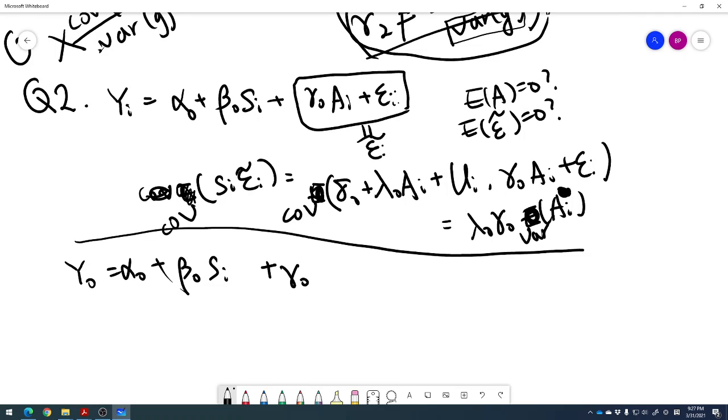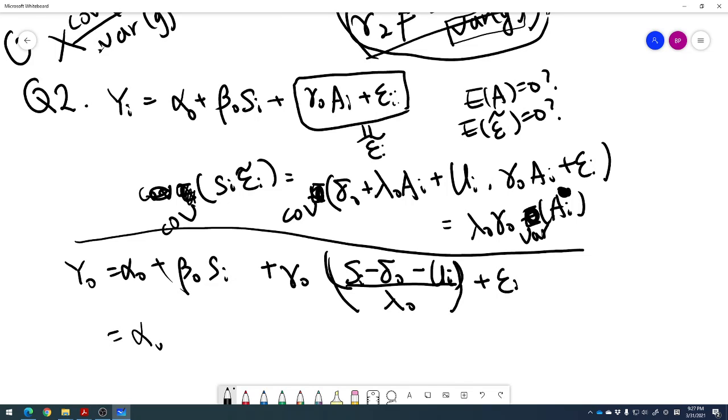And also, I think what I did not think about was that instead of A you may write it this way: S minus delta minus ui, over lambda 0. So you can replace A using the equation given in the question, and then it looks like this: beta 0 plus gamma over lambda